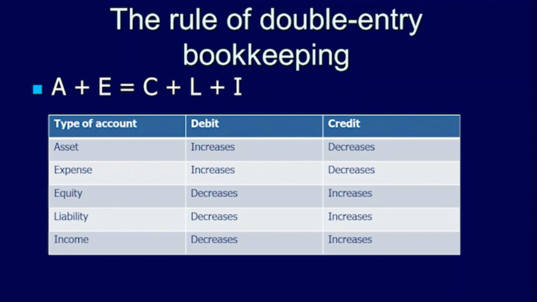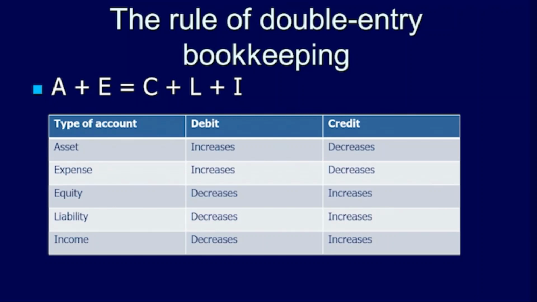Likewise, in the equation, capital, liabilities, and income are credit accounts. They are on the right side of the equation, representing credit balances. The double entry rule is thus: if a transaction increases a capital, liability, or income account, then the value of this increase must be recorded on the credit or right side of these accounts.